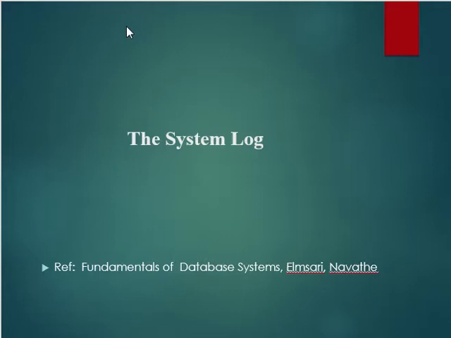So the next topic that we are going to discuss in transaction is about the system log. In our day-to-day life, we hear about different logs. For example, in mobile we have the call log facility. In the call log, we can see who all have called us, as well as which all numbers we have already called. So system log actually means all the activities that the system performed in its day-to-day working process.